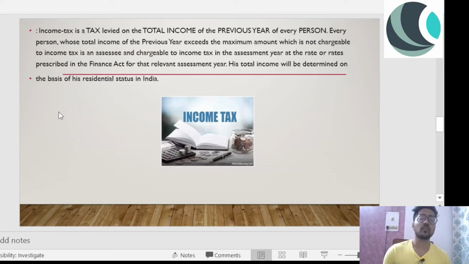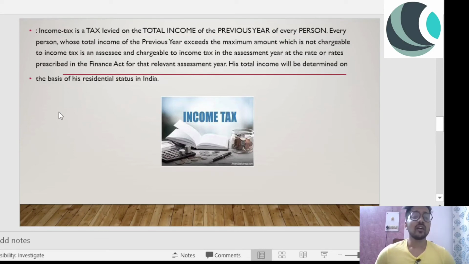And then, let's suppose I'm in 2022, so we have 2022-2023, right? This is the current assessment year, and we are chargeable to tax on the previous year. So the previous year is 2021 to 2022, right?